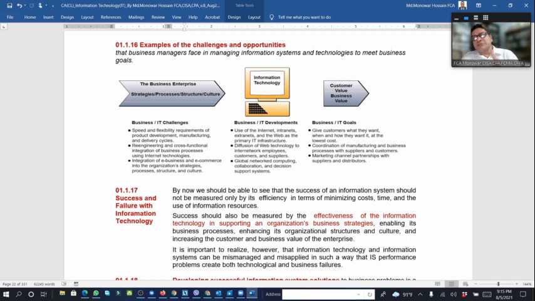Through that, a company can add value, customer value and business value, by giving customers what they want, when they want, how they want, at a cheaper cost. So it is value addition for the organization, and coordinating the manufacturing and business process with suppliers and customers, marketing channel partnership with suppliers and distributors. This way customer value, business value, or organization value can be increased by using the technology within the business process, within the organization.